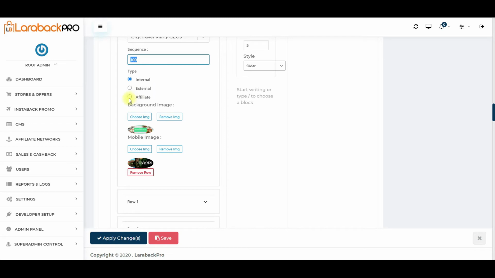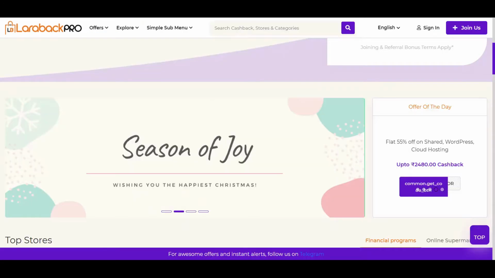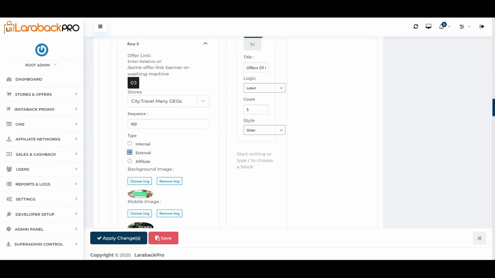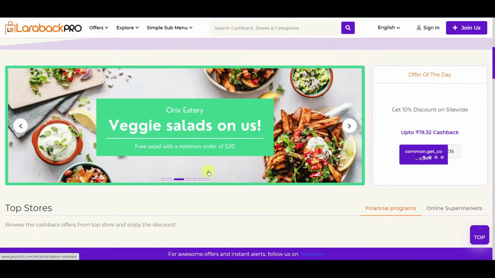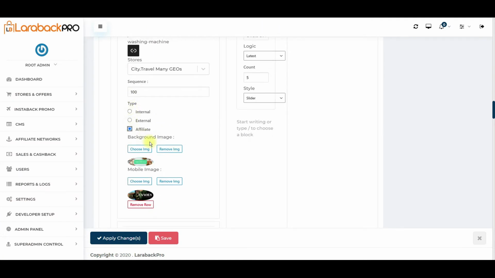Affiliate is a link from the network that you get. Whenever you have the affiliate option enabled, it will behave differently. So all three have different click behavior. If it is internal, when somebody clicks on that banner, it will open that page within the same browser tab. Whereas if it is external, it will open in a new tab. And if it is affiliate, it will verify whether the user is logged in, and if the user is not logged in, it will ask the user to log in or sign up first to proceed further. So all these logics are taken care of.